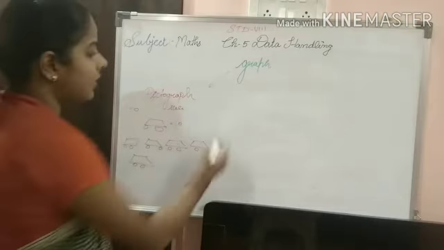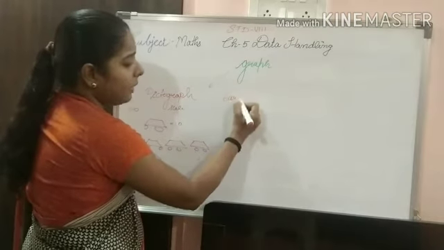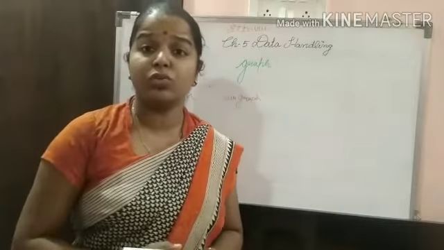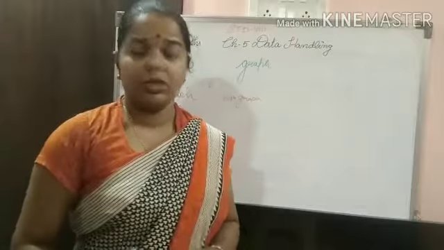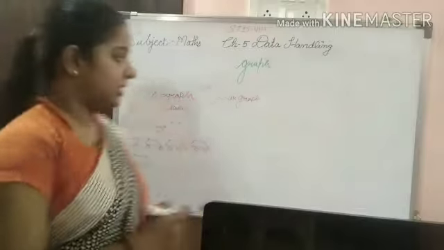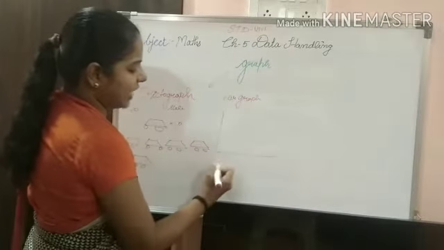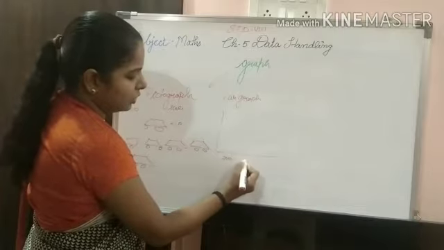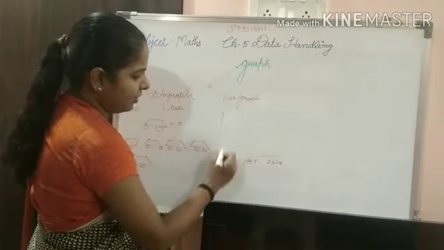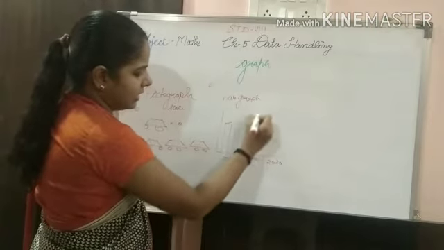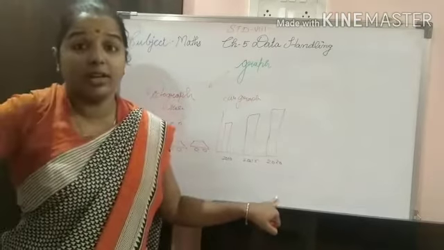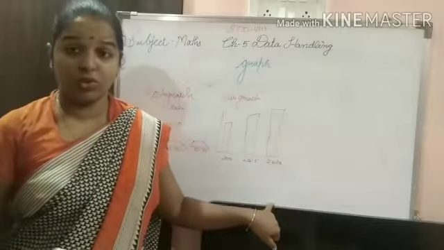So next is the bar graph. The bar graph is used for learning about the population. In 2010 how much population was there, in 2020 how much population is there. So what we can do is, a graph like this will be there, 2010, 2015, 2020, and then we will be reading it. By reading the graph we can understand that by 2020 the population increased. Understand? That is where the bar graph is used.